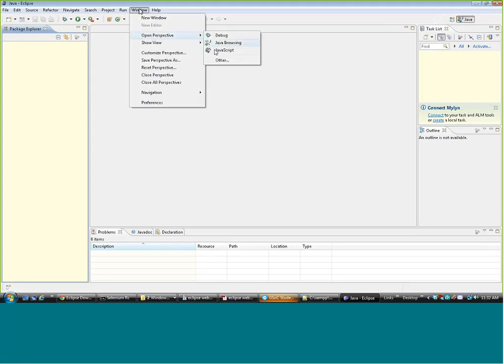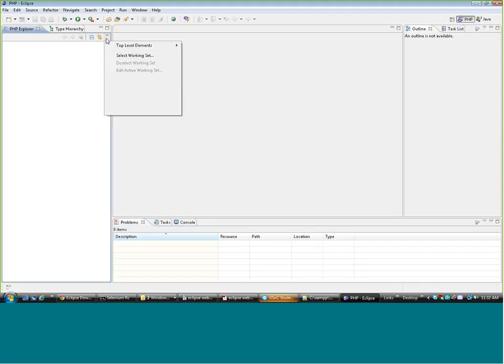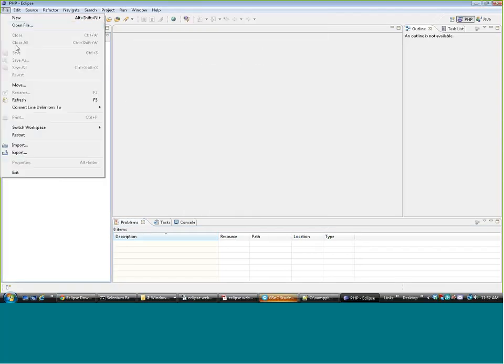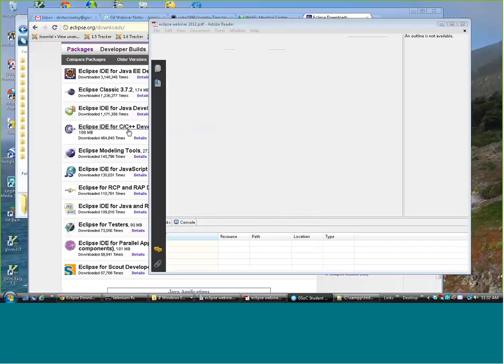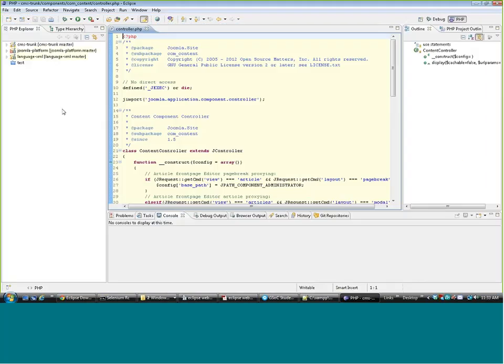So that's what's involved in setting up a new project under Git. And you do the same thing if you had a fork of the CMS or a fork of the platform. And again, it automatically creates your